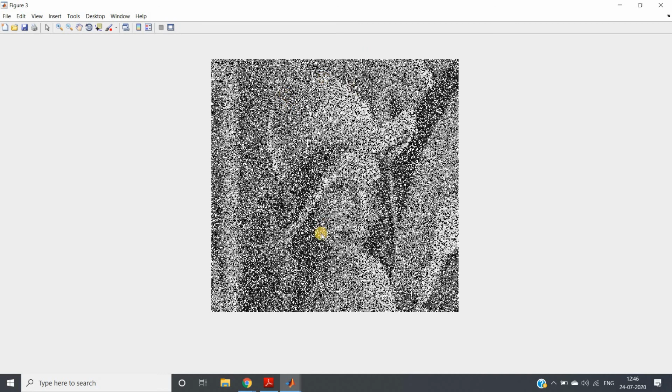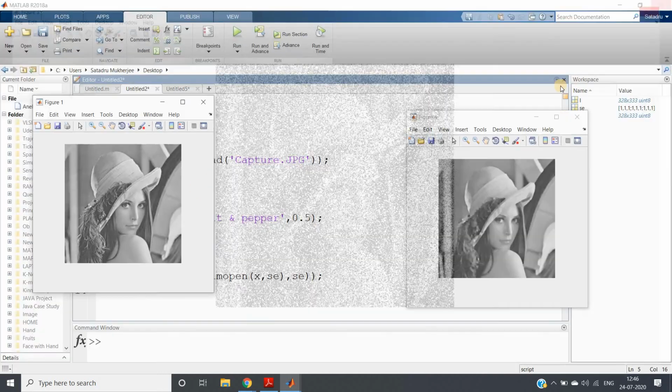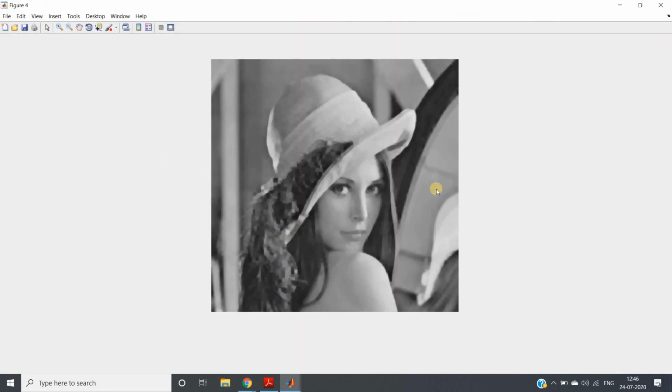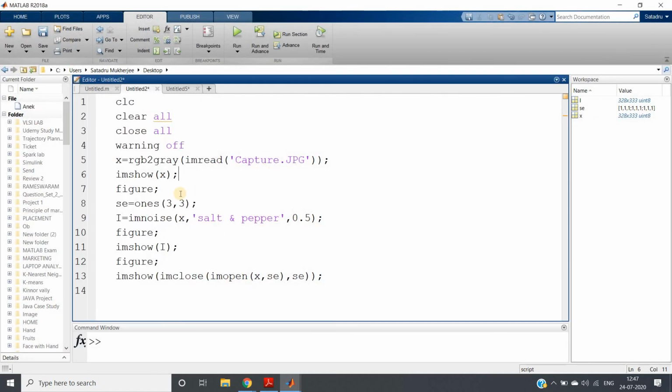So you can clearly see this is our original image, this is our noise corrupted image. See, noise has highly corrupted our original image, we even cannot see properly. But if we apply morphological filtering, that is opening then closing, then how beautifully our image is reconstructed. So this is nothing but morphological filtering, that is first apply opening then apply closing. And always it's better to use square shape structuring element because research shows square shape structuring element has higher signal to noise ratio or lower mean square error. Okay, so we will follow that rule only.